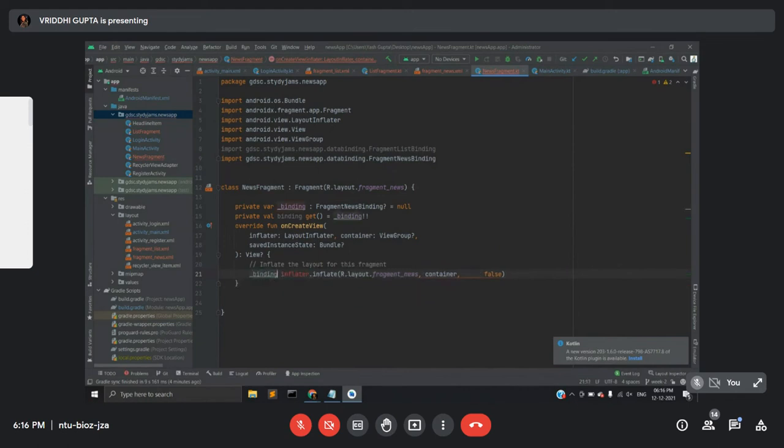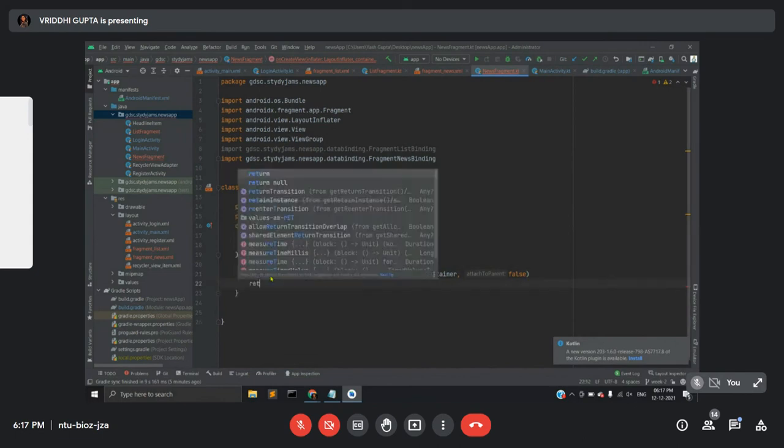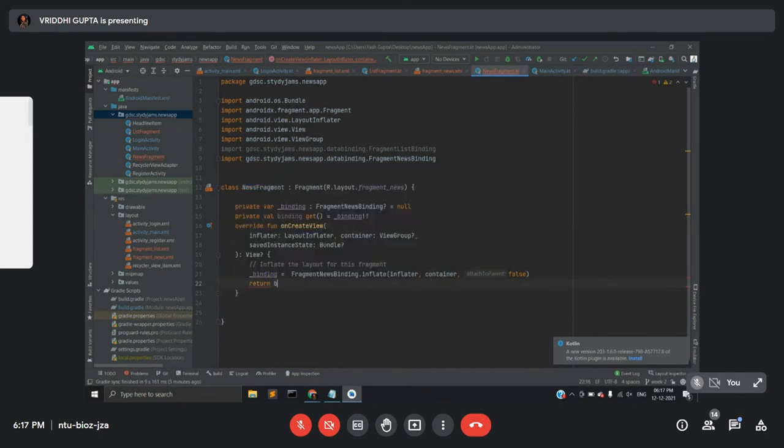Binding equals fragment news binding dot inflate. This will be inflator. And then we will be returning the root. Same thing that we did earlier.